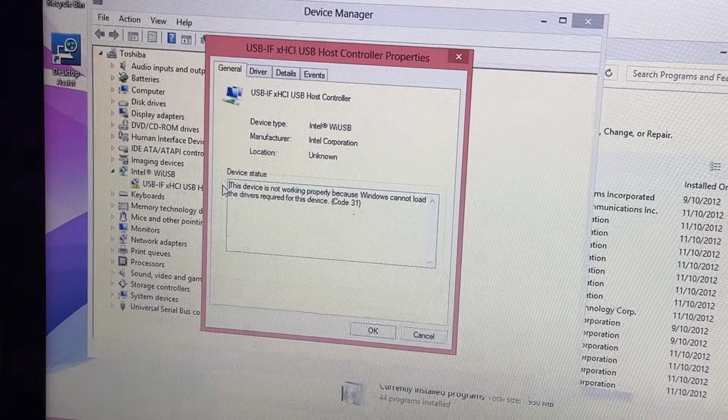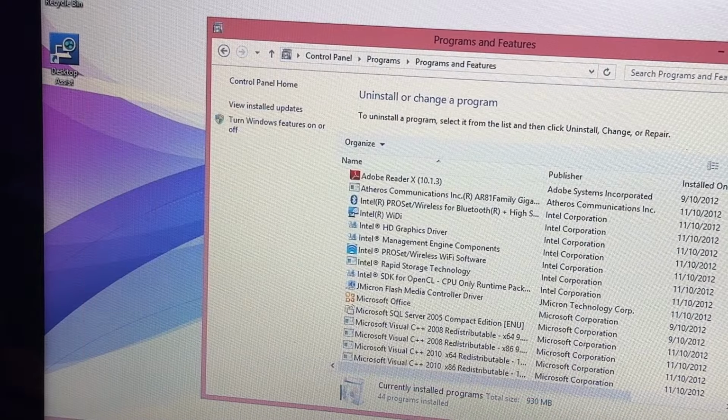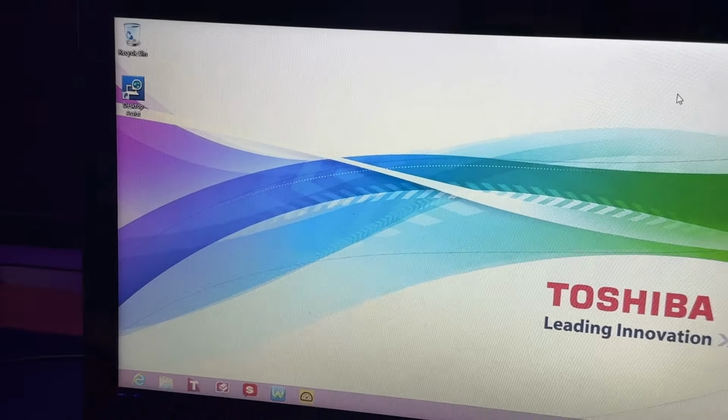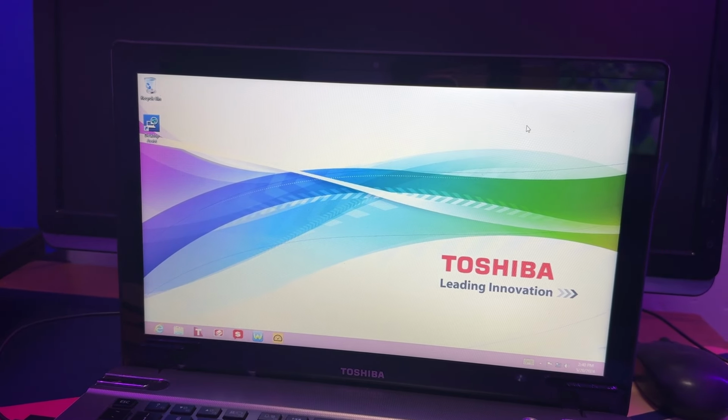But I'm not going to worry about that right now. And I'll just close it. But we do have drivers, clearly. So the next part I will hook up to my capture card, make recovery media, because it'll be easier to